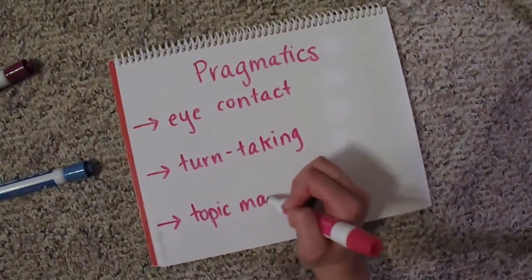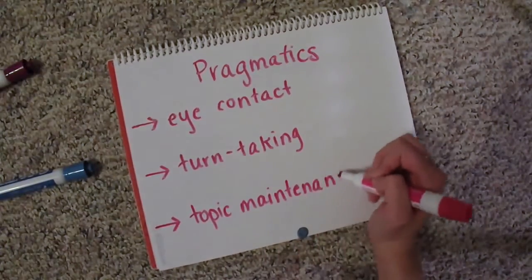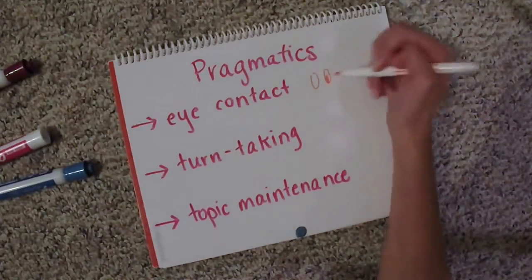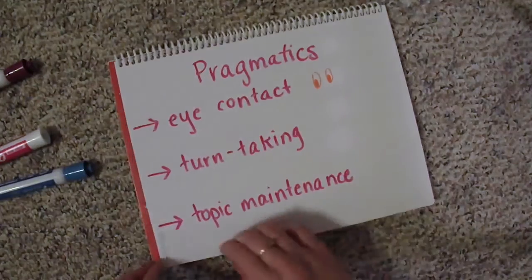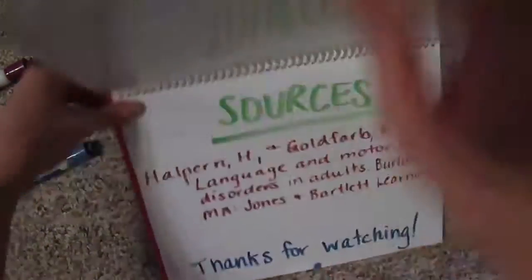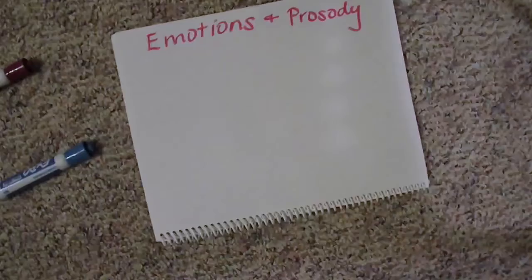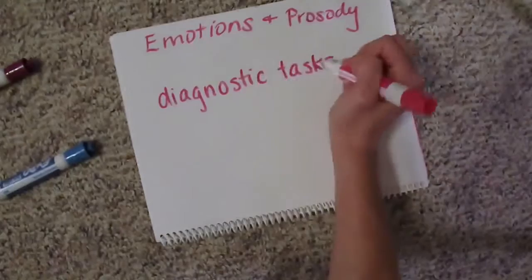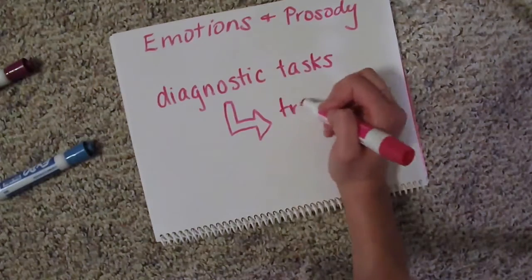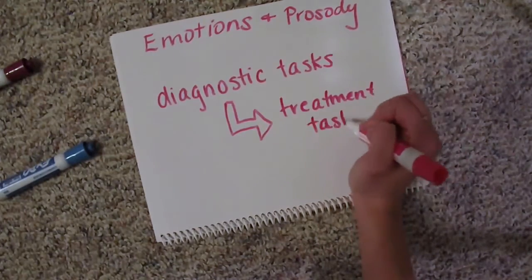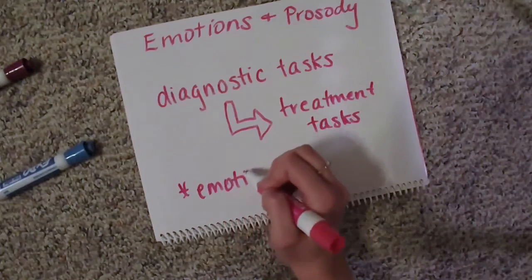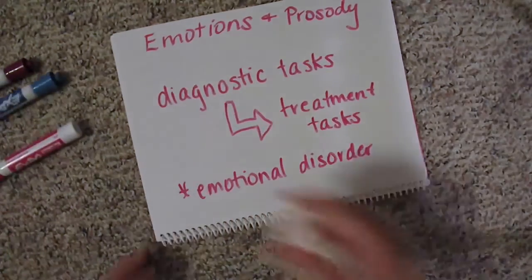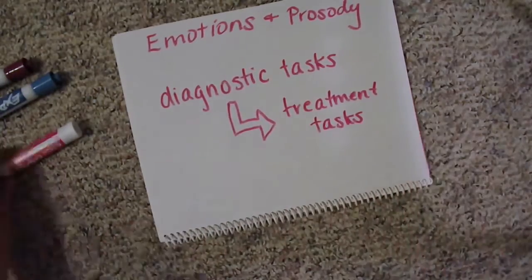Tasks can include cueing the patient to look at me during conversation, suggesting they remember to make eye contact at the start and end of a sentence, or analyzing a conversation together and determining where turns should be made or when the topic should change. There are currently no specific guidelines for therapy of emotional and prosody deficits. However, we can use diagnostic elements that we discussed earlier to perform this kind of therapy, such as having the patient listen to sentences and produce a responding facial expression. It is also important that we remember to rule out the possibility that the patient also has a true emotional disorder.